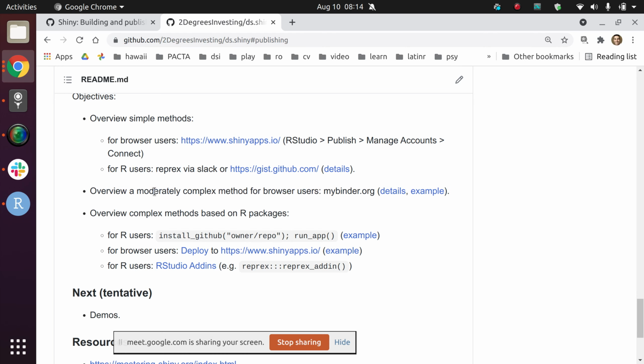So now let's move on to the one approach that this is probably the one that I'm more excited to talk about. It's kind of a little awkward, but I think it's pretty cool. It's the project mybinder.org. So one restriction that you have when you use shinyapps.io for free and you don't pay money to RStudio is that there is a limited number of apps that you can host there, and then you can run out of available apps, and it's very limited, something like 5 or something, I don't know. So if you want to share with the world 20 apps or 50 or 500, what do you do if you don't want to pay money? Okay, so you can use the project mybinder.org